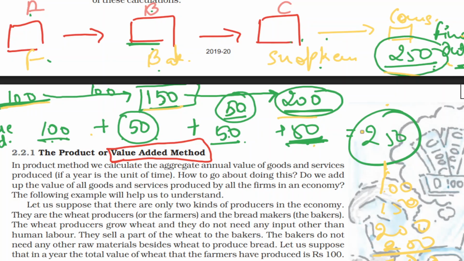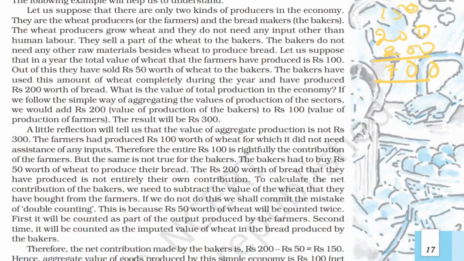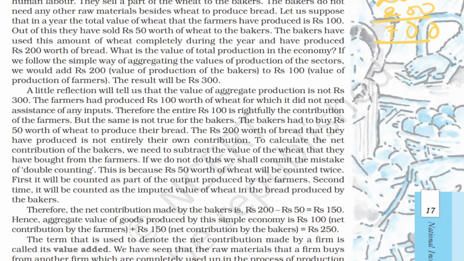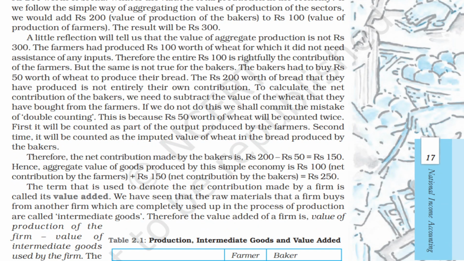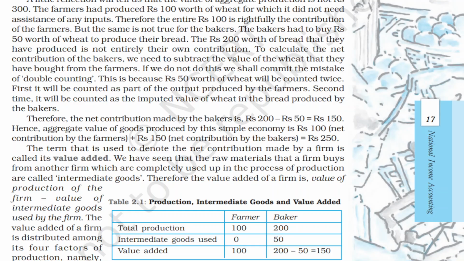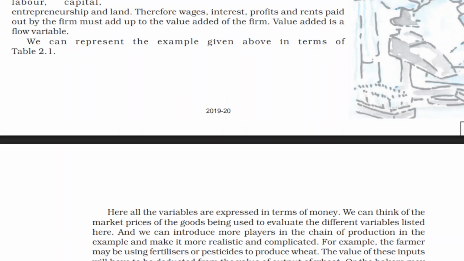Just remember this particular example to understand the value added process, right? Here only an example of a baker is given. If you are using T.R. Jain and Sandeep Garg, you will also get an example of such kind, with a baker and particularly a farmer part, which we'll be discussing. This is the value added way.